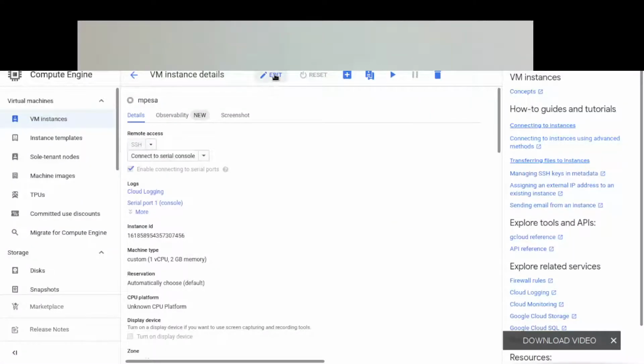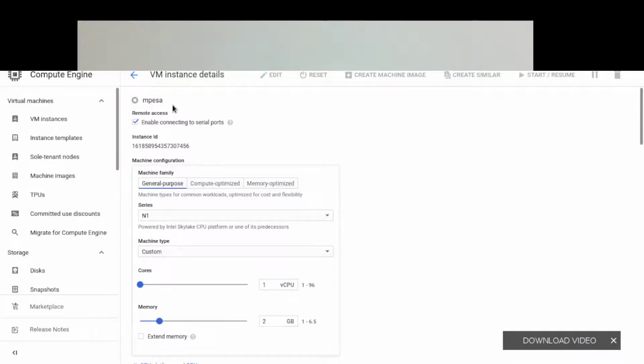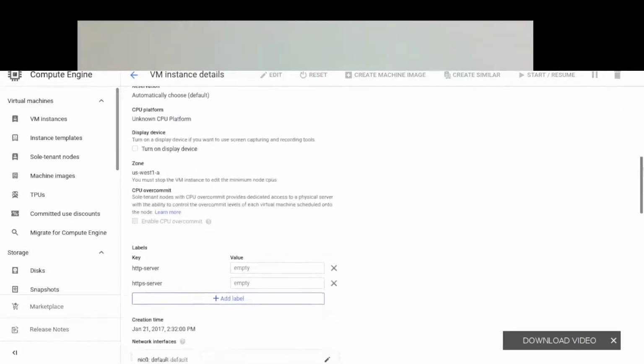So you just need to come here on edit. Can you see that edit? Go to that edit. I'm assuming that you can't SSH to your box, so I want to show you how you can run commands inside your box as it starts up. I've called my test box M-Pesa. M-Pesa is a mobile money platform that is normally common in Kenya or in East Africa.